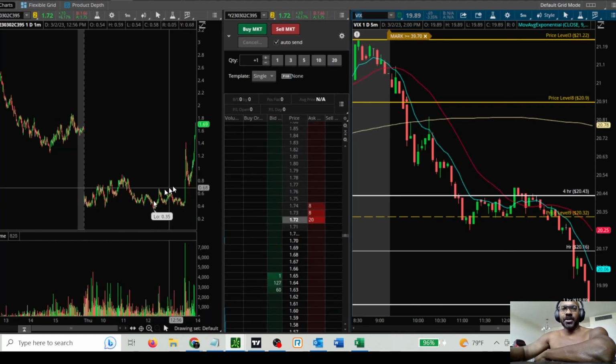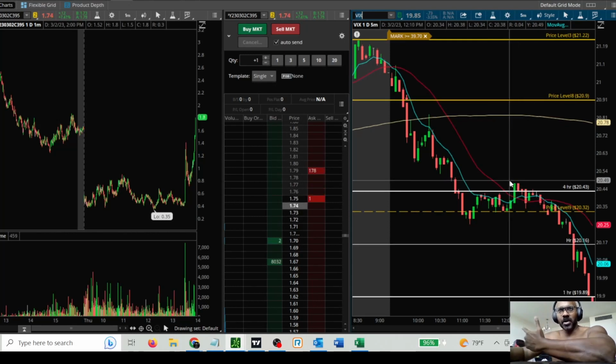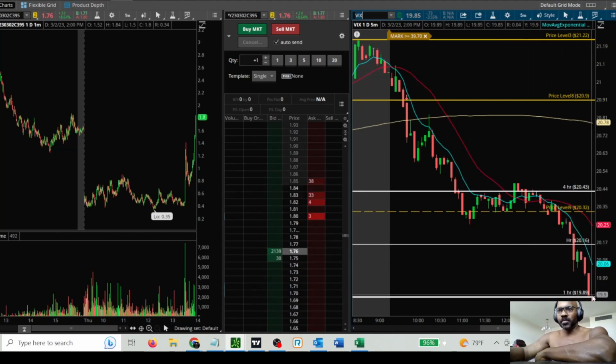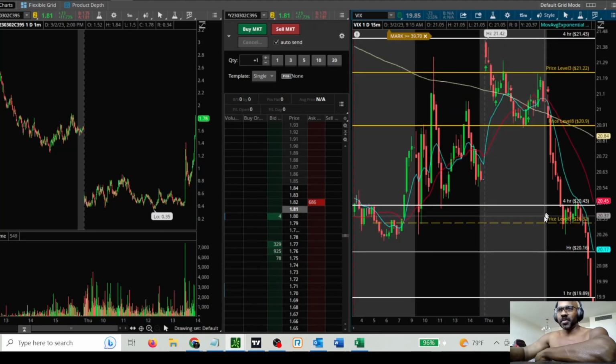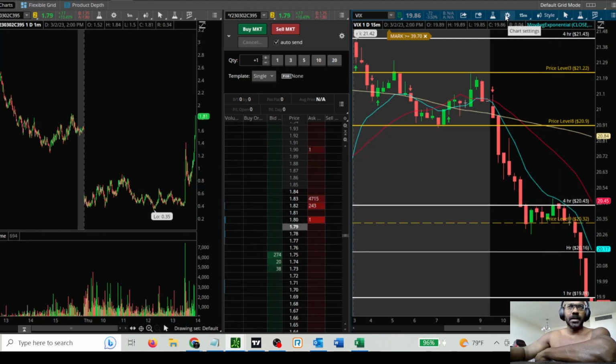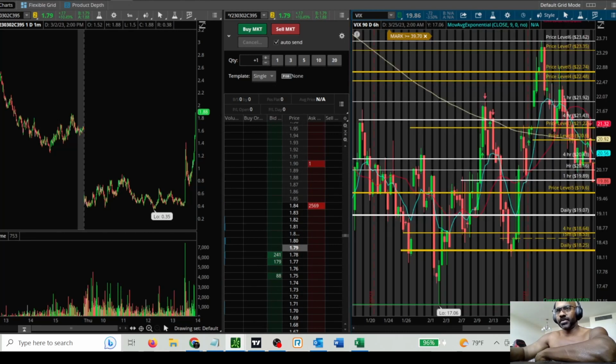this point occurred, that pullback with that 15-minute that was confluent with the channel and the VWAP, this right here. And look, we broke past this hour, we got to this one, broke past, it's just going down. And let's see, I know I should have put this back on the 15, so here we are. It looks better on the 15, this confluence here. If I zoom back out to, yeah, this is,